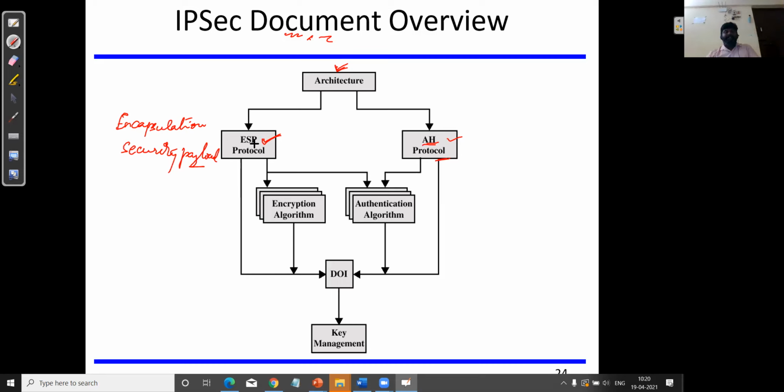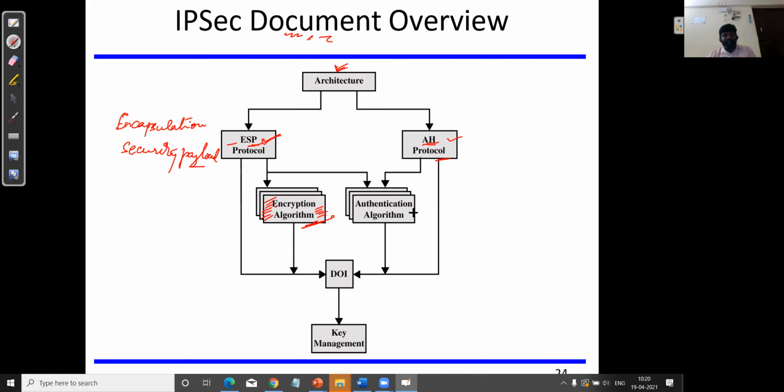So this ESP is encapsulating security payload. All the documents related to this protocol describe how the packets are segmented, how the encryption is carried out, and how the data is transmitted, whether in tunnel mode or in different modes. All the information related to the encapsulating security payload is described here. And for the encryption algorithm, there are different algorithms which can be adopted; the complete information applicable to implement this IP security is described under this document,